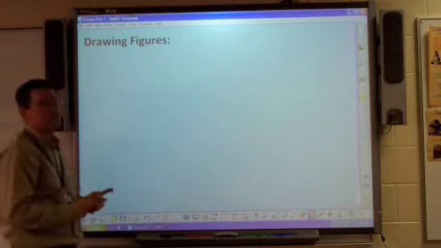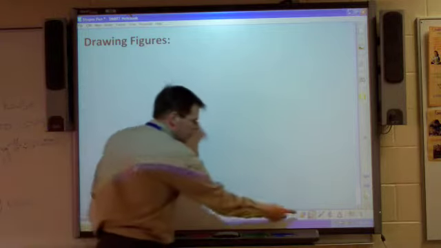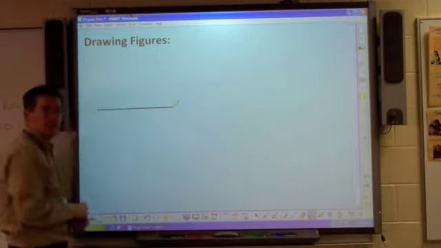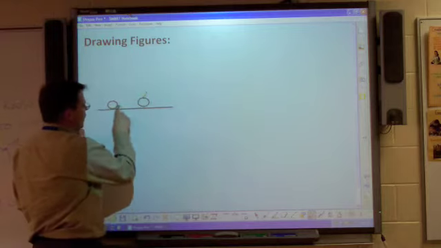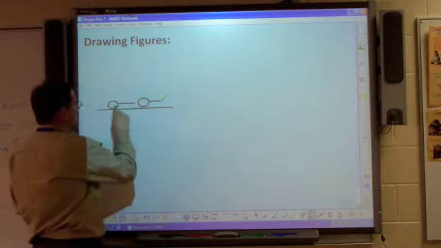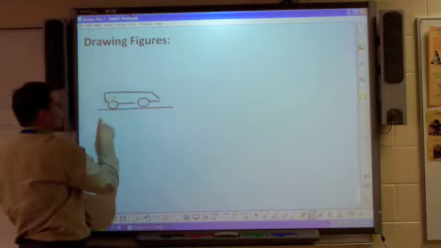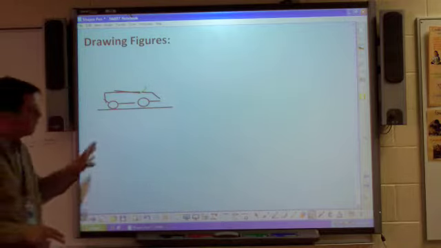Now, how would I use this? Well, in physics, I like to use the Shapes pen for drawing figures. So I'll turn on the Shapes pen, I'll draw a line for when we're studying maybe a car traveling down the road, and now I can draw these nice shapes, and that will allow me to, oops, that didn't work too well, but you see that this allows me to